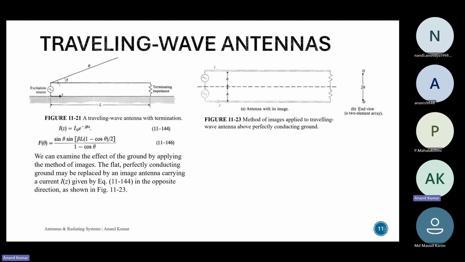In the previous discussion, we neglected the effect of the ground plane. So to consider the effects of the ground plane, we'll just use the principle of